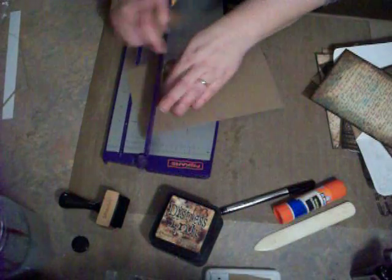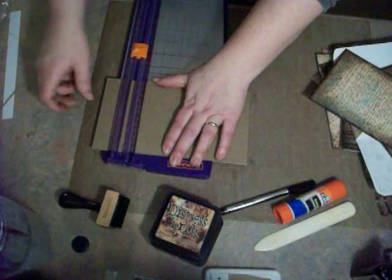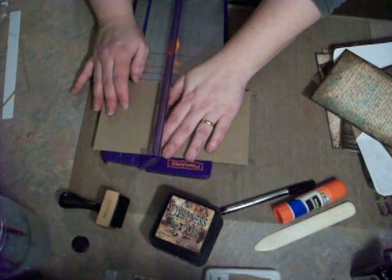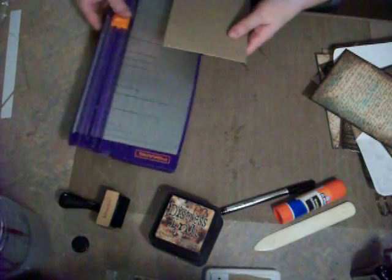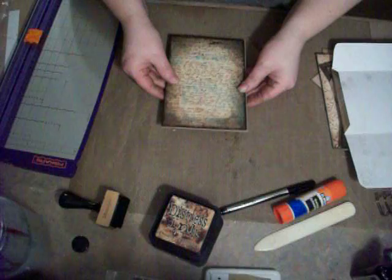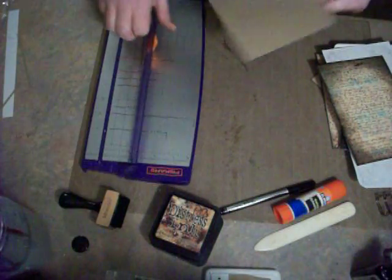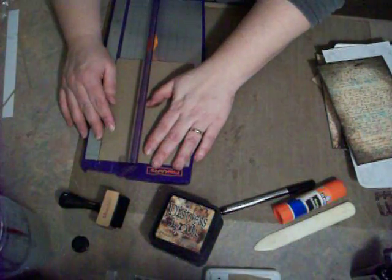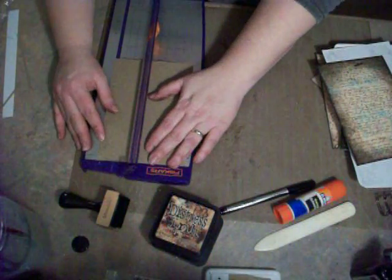So now we'll flip and cut this piece off, and I'm not being perfect with my cuts. I don't measure. I'm not a freak out person about measuring. So then I take my 2 sheets that are going to be my front and back cover, and I just line them up, and I say, okay, I need to do a little bit off this side and a little bit off the top. So we'll stick it back in, and I just do another little small slice,